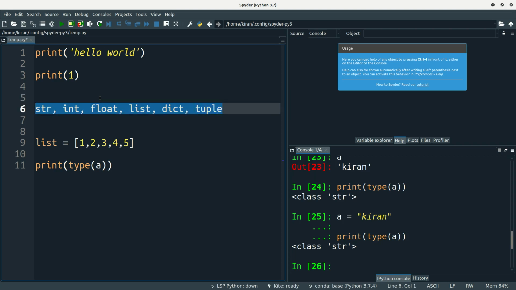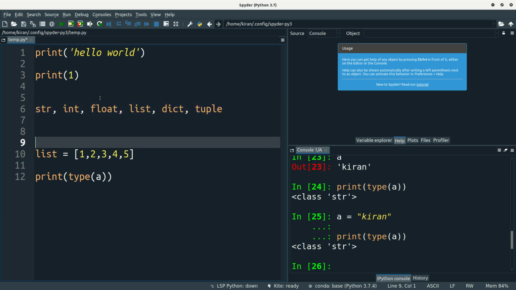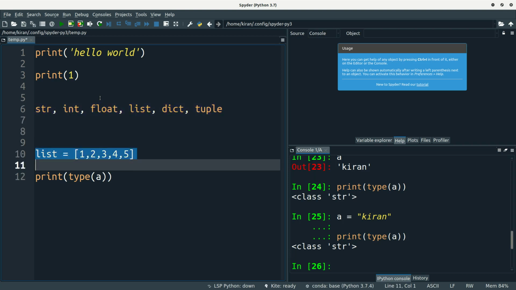Remember, these are already defined by Python in the background, so you should not assign any one of these to variable names. Assigning list to a list variable name will be a blunder, so you should not do this.